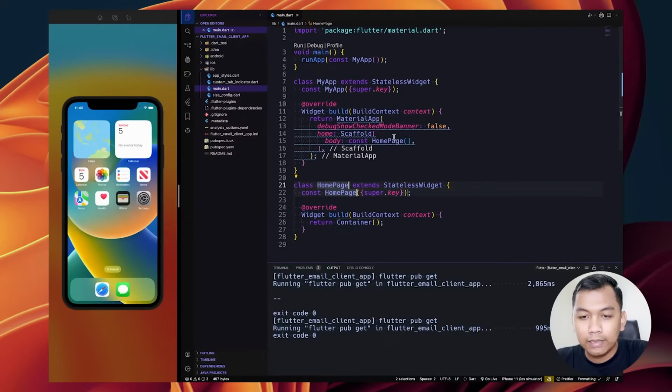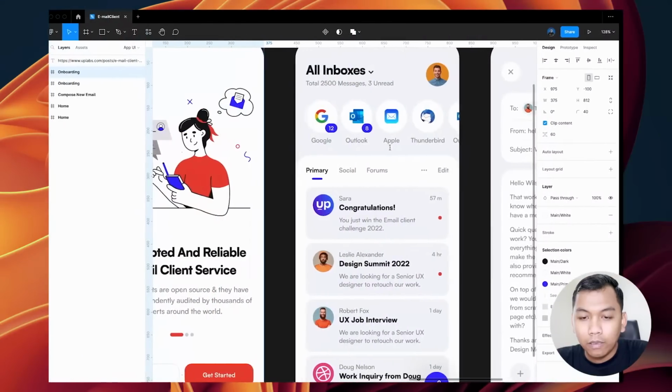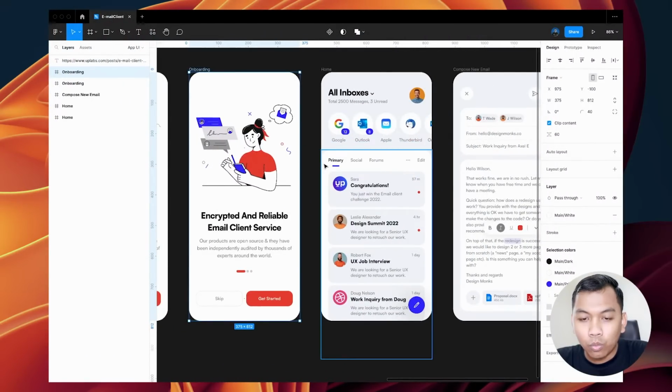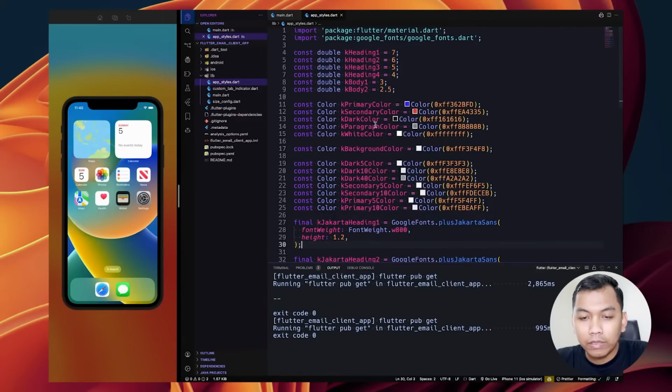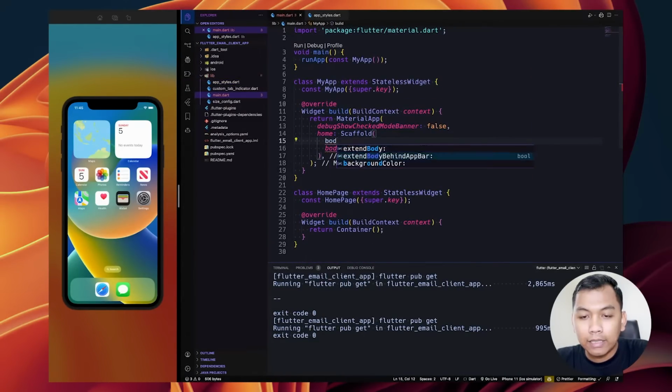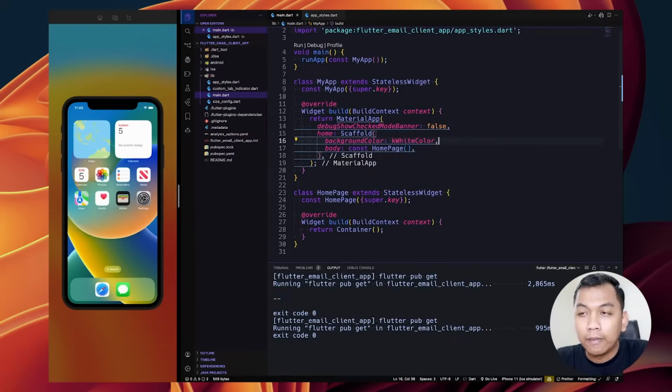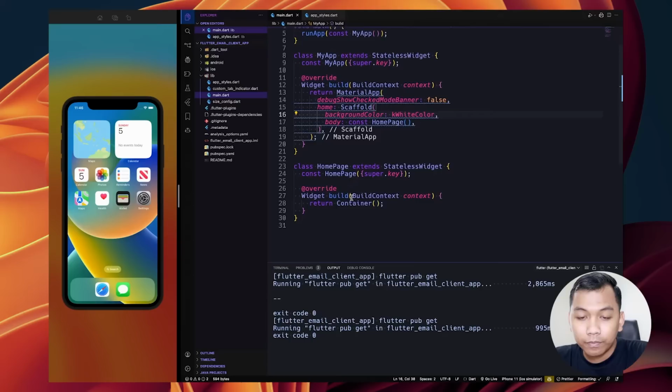And next, we need to create HomePage. Looks like this. And as you can see here, our background is white, so I have declared inside this app style kWhiteColor, so we can just set it here, background color, set it to kWhiteColor, as simple as that.